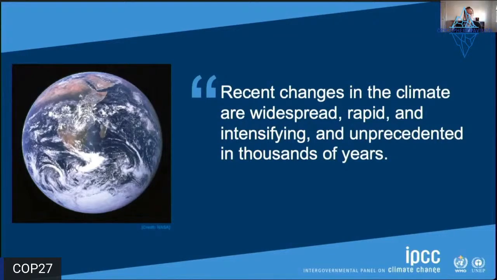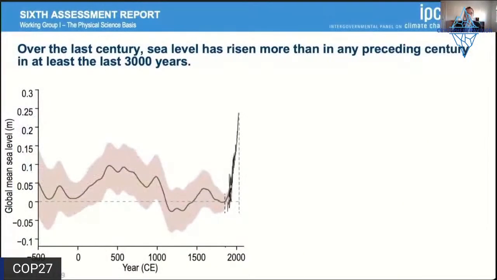Changes in the climate are widespread, they're rapid, they're intensifying, and they're unprecedented. And we certainly see that when we look. This figure here on the left is showing you